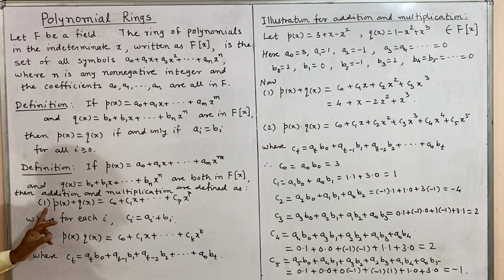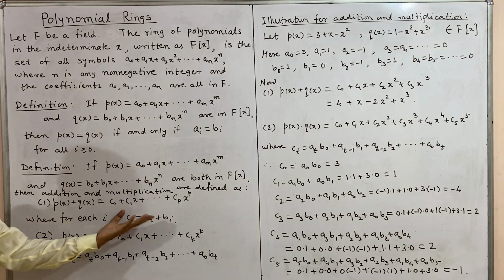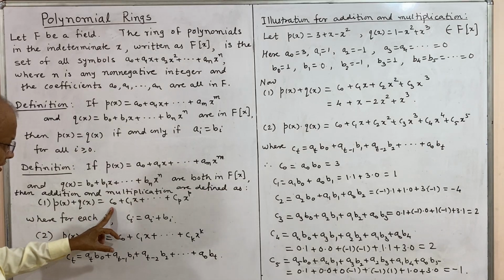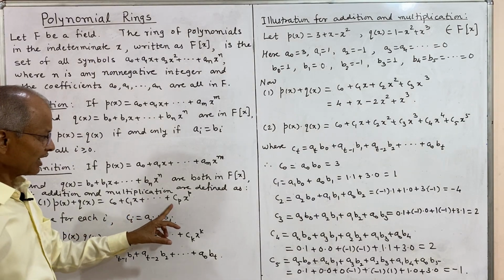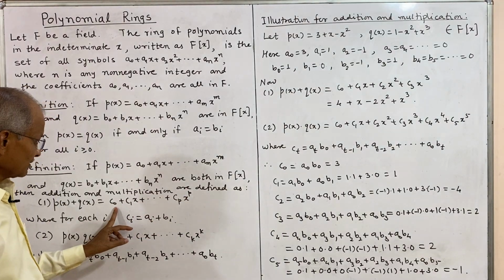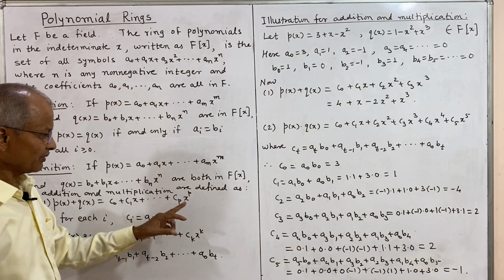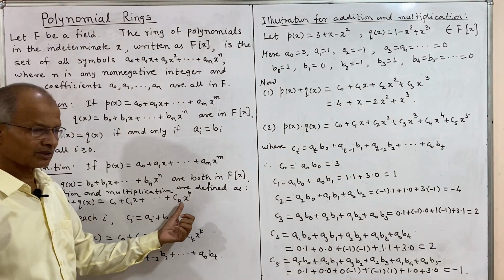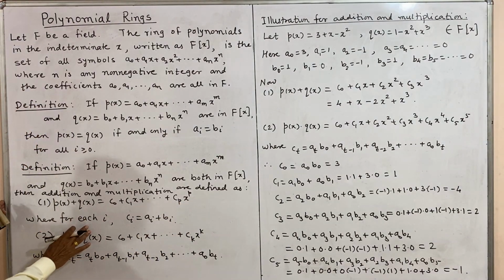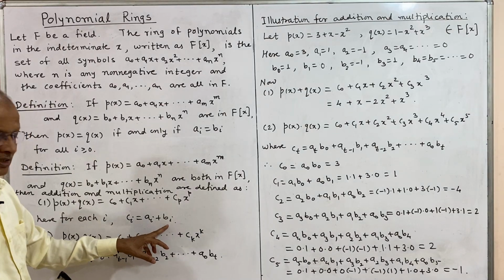First is addition, p of x plus q of x, and that is again a polynomial which is written in this form: c0 plus c1x plus, we write the x terms in ascending powers, so c0 is a constant, c0 plus c1x plus cp x power p. Any notation can be used for these suffixes and powers. P is a non-negative integer, where each ci is equal to ai plus bi,